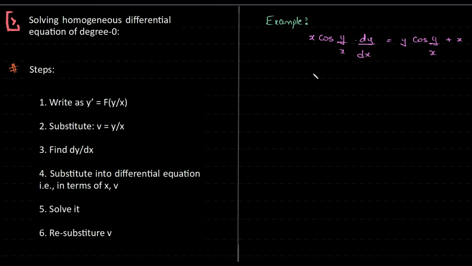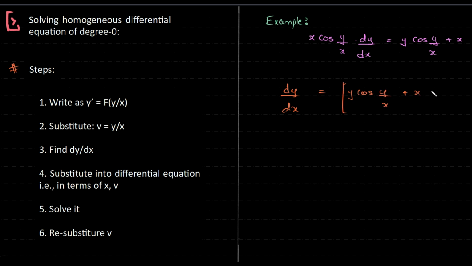We're looking at the steps required to solve a homogeneous differential equation of degree 0. Roughly there are 6 steps, starting off with writing the expression in the form of y prime is equal to f of y comma x. So let's rearrange this. We have dy by dx is equal to basically y cos y by x plus